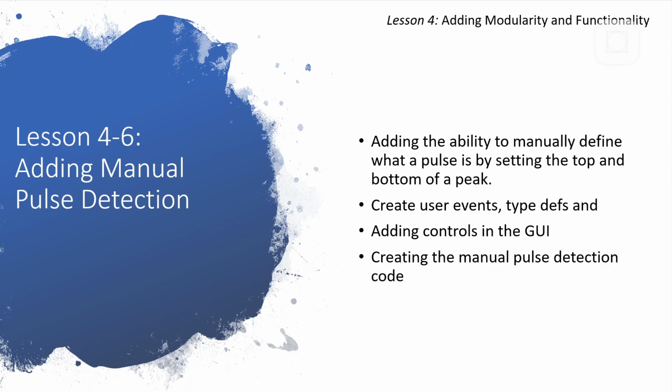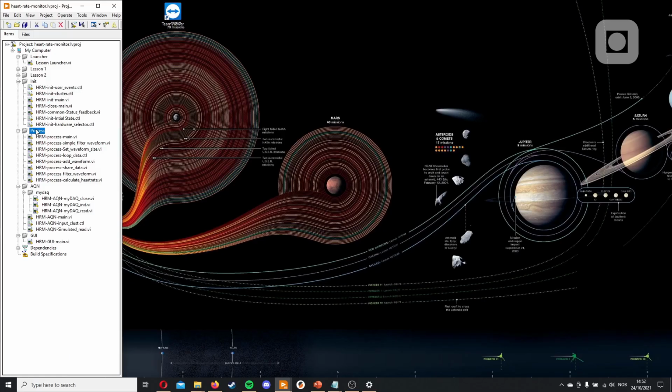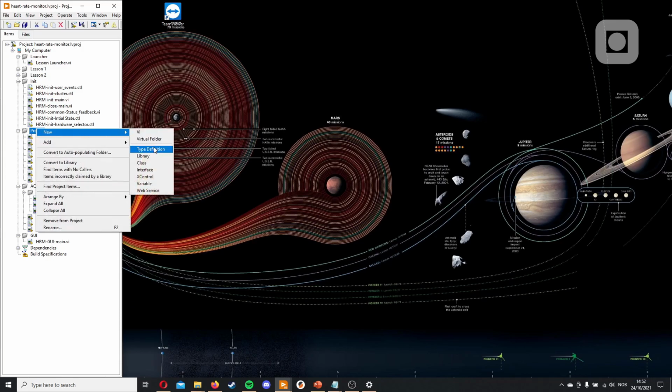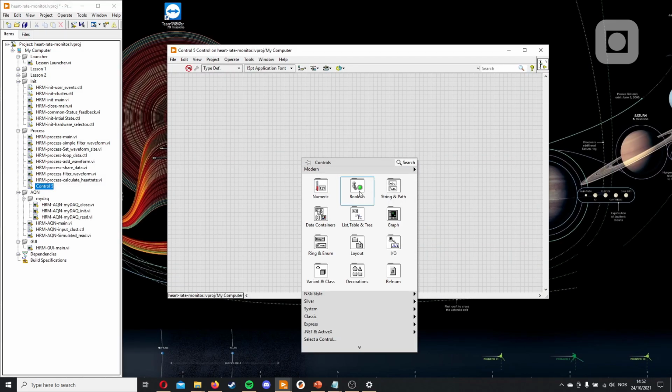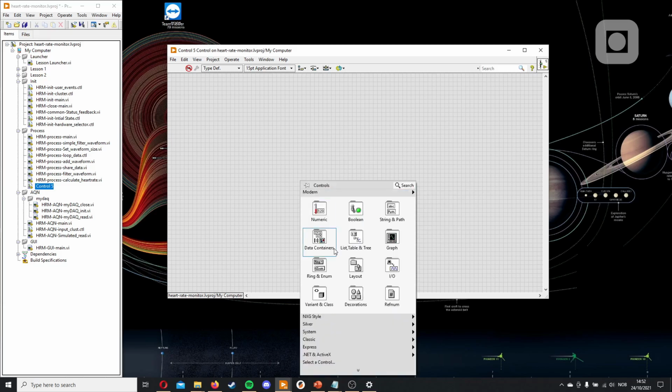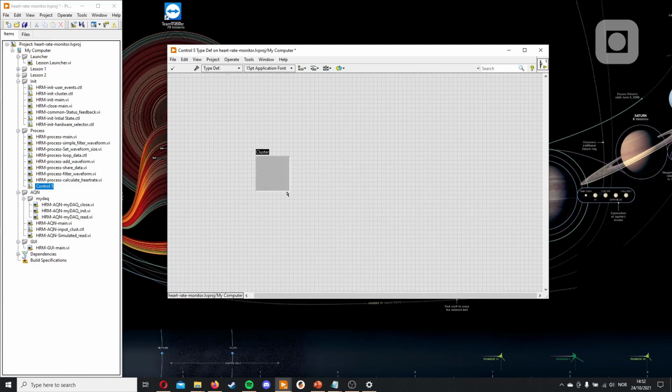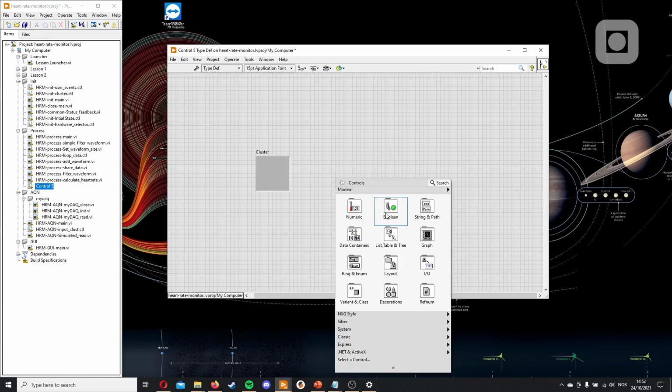We have to add a new user event which sends its data, make a new interface on the GUI, and then we need a function which does the manual pulse detection. We start by making a type definition which contains the data we will need to change it. We'll need 3 things. We will need a boolean